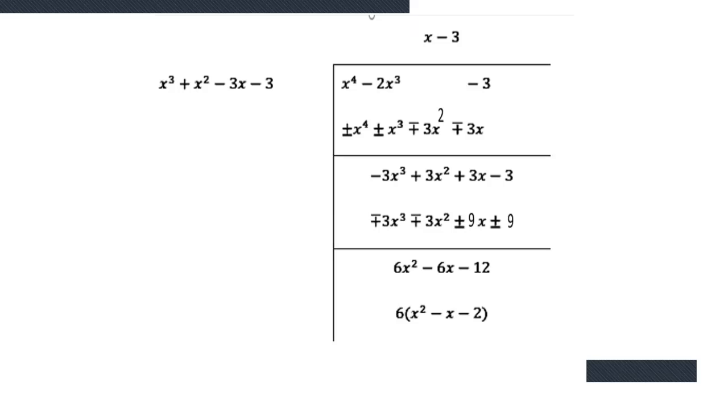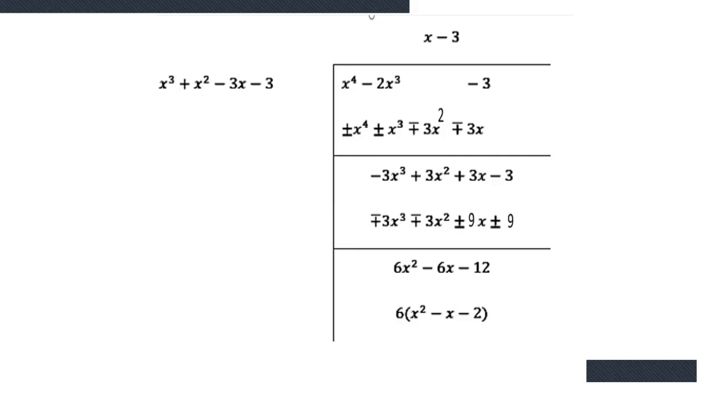So what should multiply by this value to get x power 4? Here is x cube, so we multiply by x. Then we may get x power 4. We multiply by x to all the terms, x into x cube, that is equal to x power 4, that is x cube minus 3x square minus 3x. X power 4 plus x cube minus 3x square plus 3x. By changing sign, this will cut, x power 4 will cut, minus 2x minus x cube, that is equal to minus 3x cube plus 3x square plus 3x and minus 3.